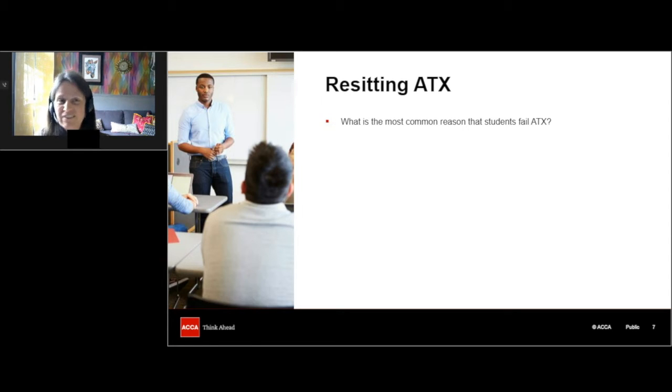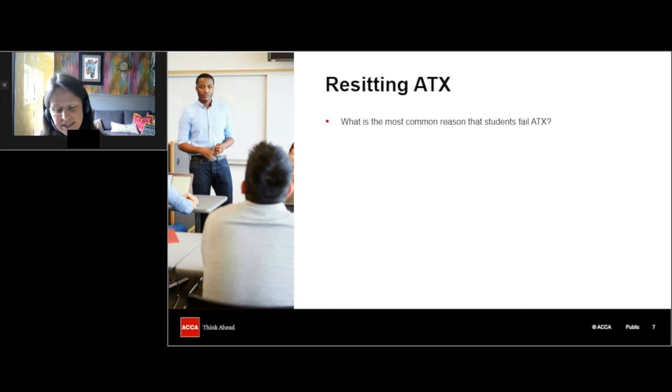So I've had students who've come to me and said, oh, I really messed that up. I only answered 3 questions. And if you only answer 3 questions, then it's very unlikely that you would score enough marks to pass unless you've actually absolutely nailed those questions. So timing is one of the key things. So you need to make sure that you do practice to exam time.